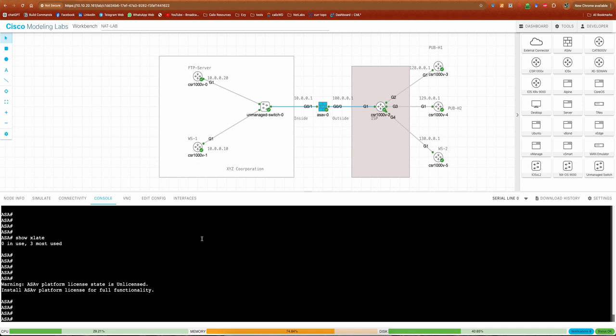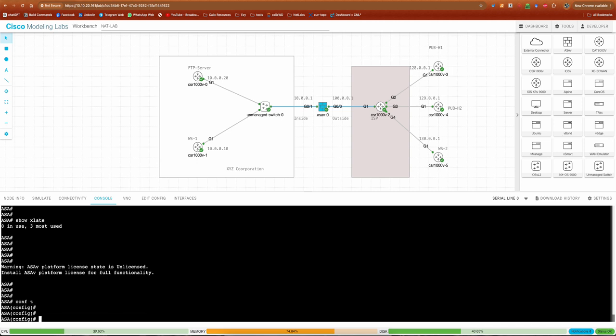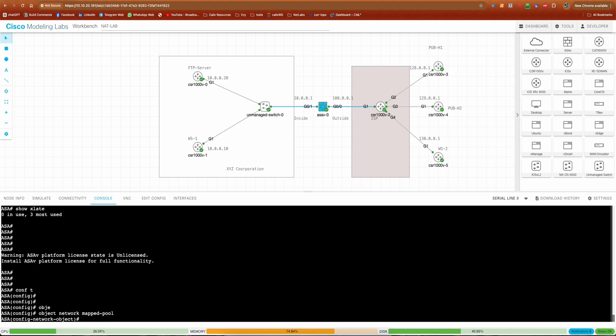So now, in order to configure Dynamic NAT, we already know that we have to configure two pools, the real IP address pool and the mapped IP address pool. So on a Cisco ASA firewall, go to the terminal mode and let us configure the mapped IP address pool. So object network mapped pool, and I will say